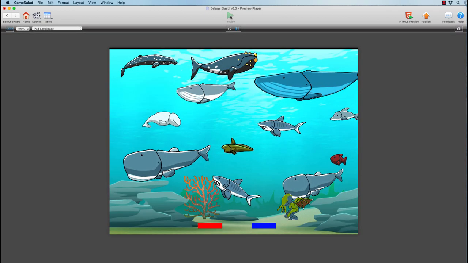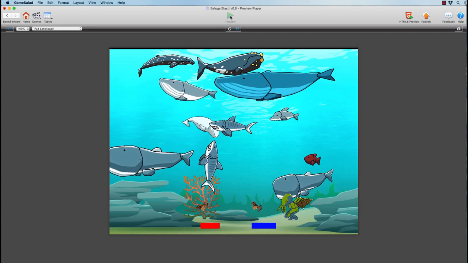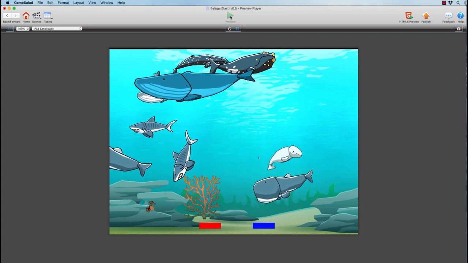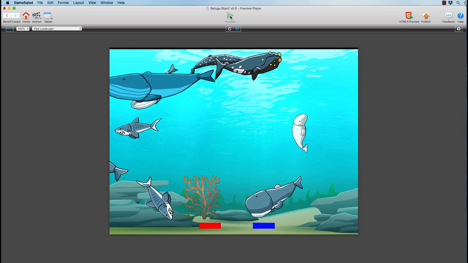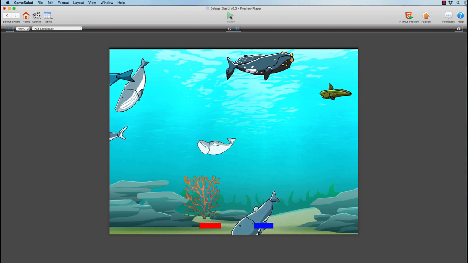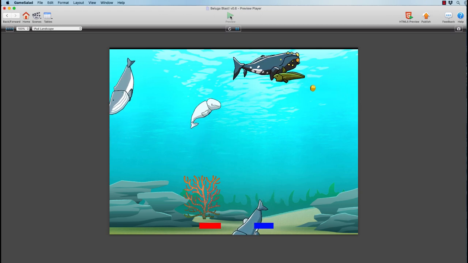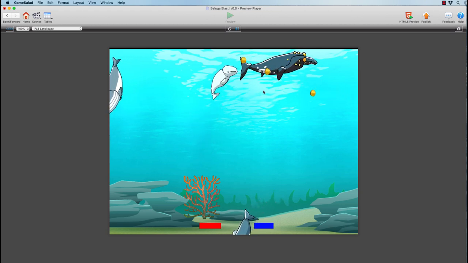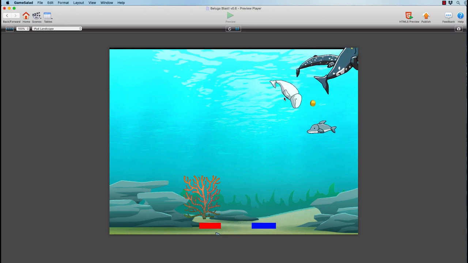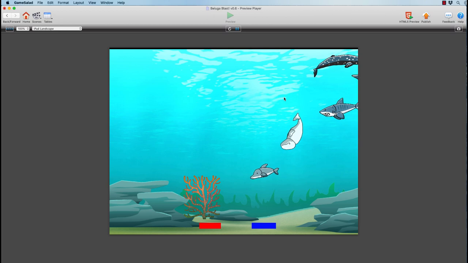So hopefully you can see how we've been able to take all of these concepts and actually create a pretty okay first attempt at a video game. This is Beluga Blast with all of the spawn zones in. So lots of animals are coming in all the time now. I've added a money fish that drops coins, and you can collect the coins out of the water. The idea being that you could eventually buy some power-ups.